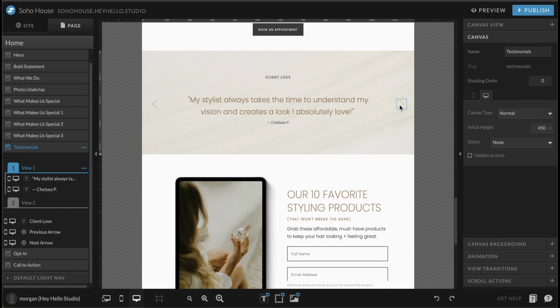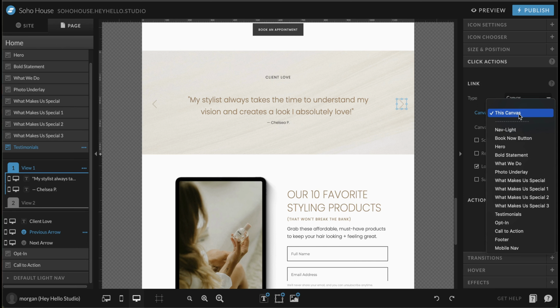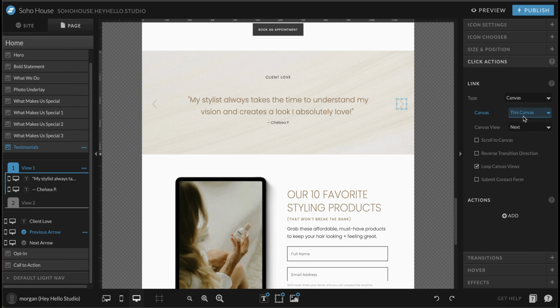In order to set that up, I'm going to click on the element, which in this case is an arrow, and I'm going to click on canvas. Instead of page or social link or URL, I'm going to click canvas. We have to designate the canvas that it's going to, and in this case, it's not going to a different canvas on the page, it's just staying on the same canvas we're on, so I'm going to select this canvas, and then it just goes to the next one in the rotation. I have loop canvas views checked,